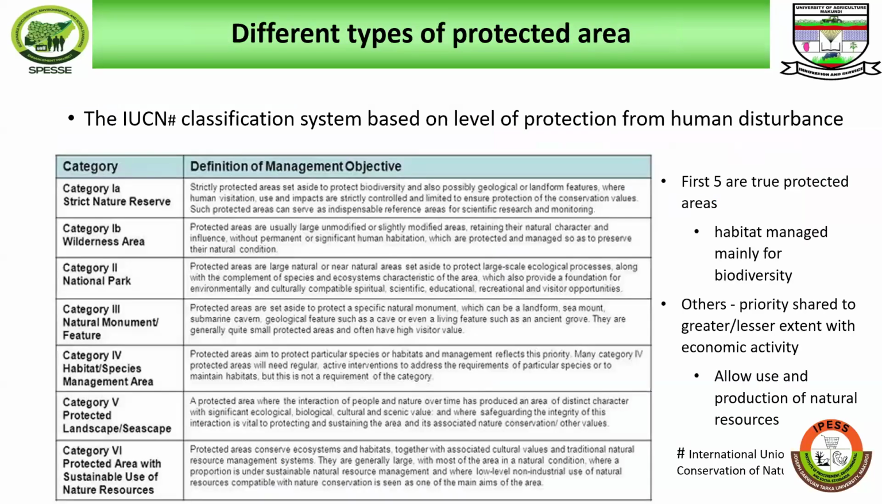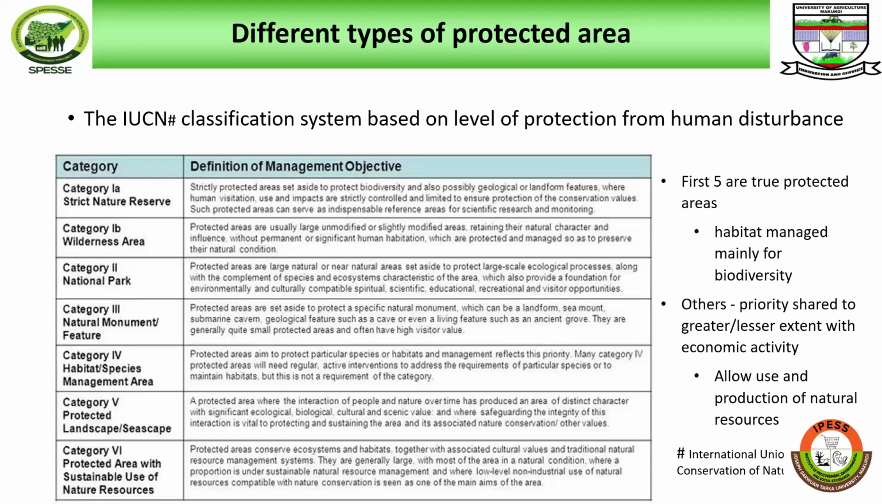There are different kinds of classification that the IUCN has done in terms of level of protection from human disturbance. There are about 7 categories here. Category 1A, strict nature reserve. Strictly, so the area that is designated,